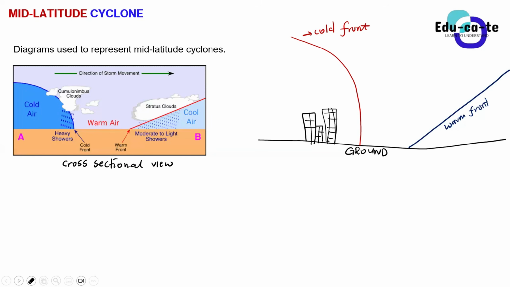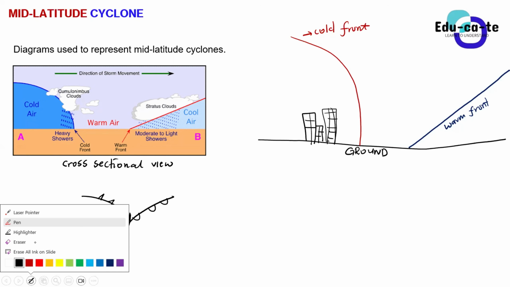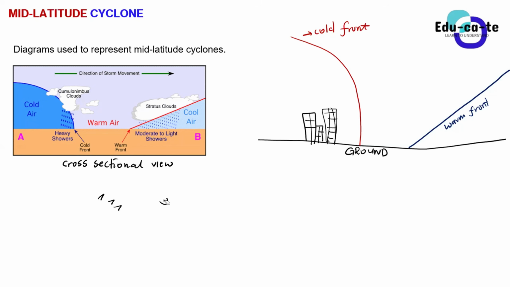So the cold front and the warm front, why are they not meeting? For now, this is just a diagram of a moment where they are not yet connected to one another. They can connect, but when we draw them from the top view, it doesn't really mean that these two are meeting. There is a bit of space between them, but because you are viewing it from the top, that space is not that visible. So we hardly represent the space when we draw it like this.